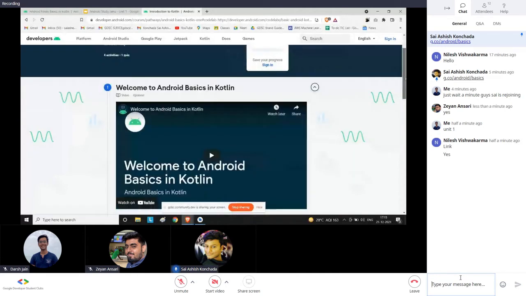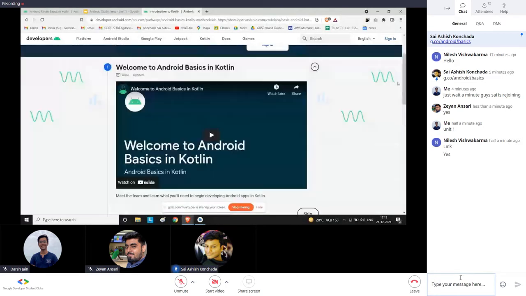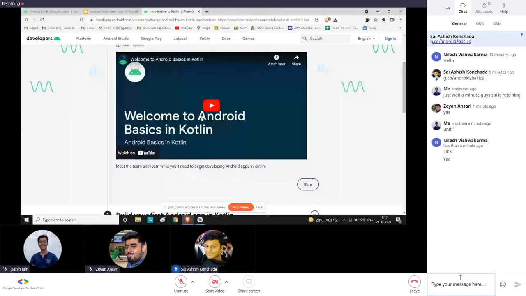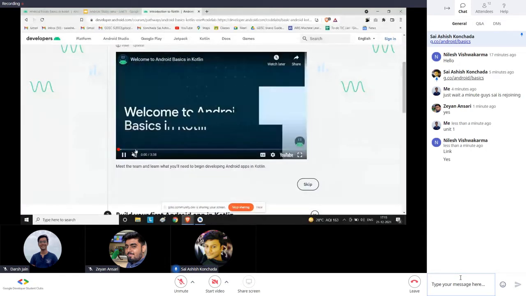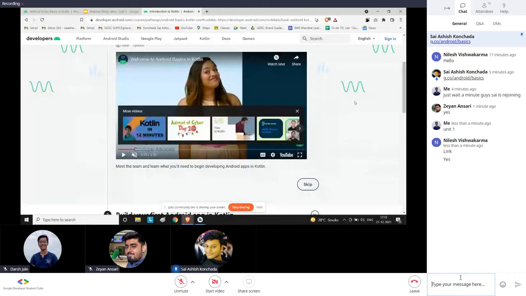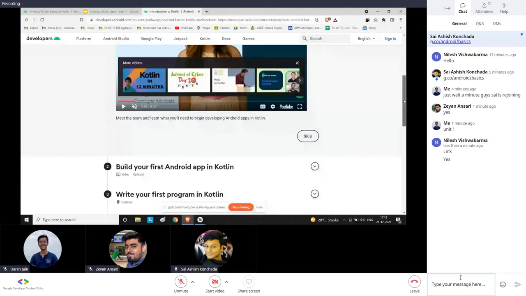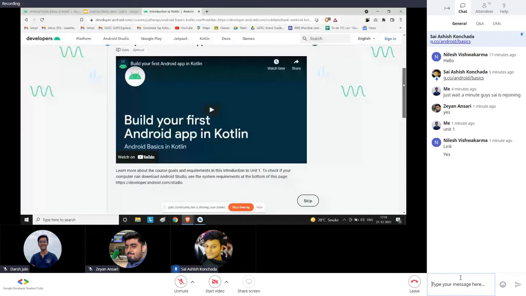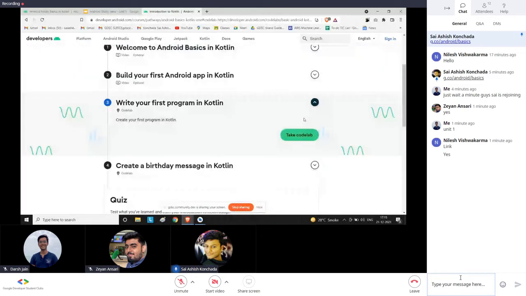So these are two optional videos which this pathway has. In the first optional video, they introduce you to the instructors. There are 2 to 3 instructors that will be running you through the course. They are developer advocates at Google, and here they will talk about the course, that is, what we'll be building in this app. We don't need this, so we'll directly jump into the hands-on.